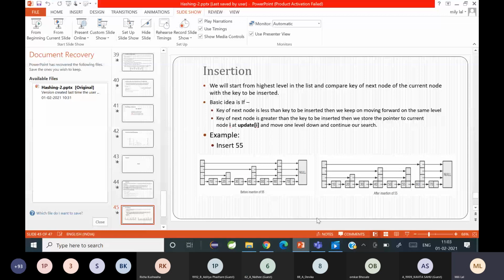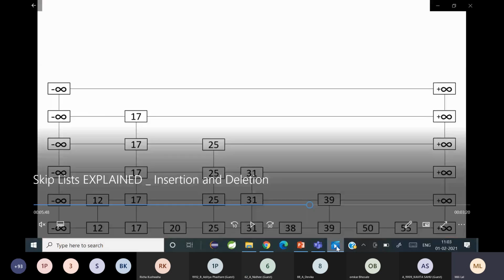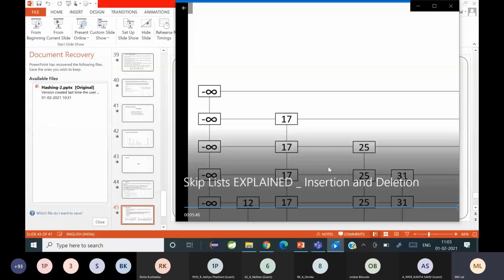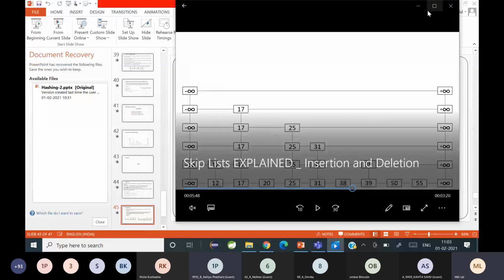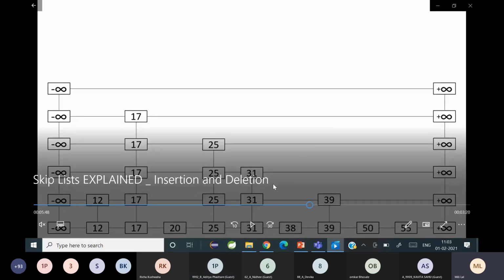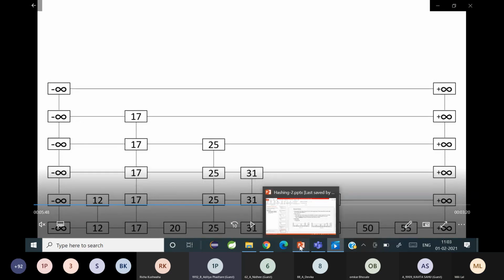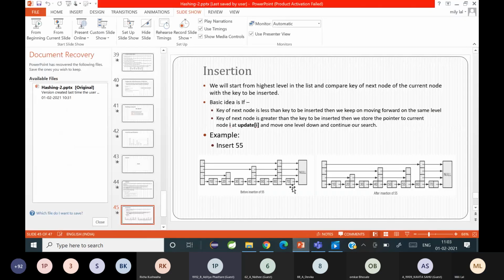Okay, now we will see how a delete operation works. Ma'am, here in the first figure, before insertion of 55, in level L0, L1, that 20 node is not connected to 40. What does that mean? Yeah, I understand. There might be some error in the figure. They might have missed it out. So you just draw it over there.